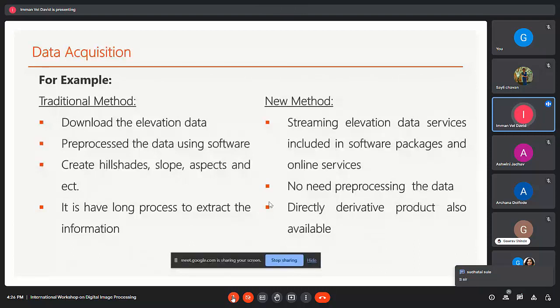In here, for data acquisition, we can compare the traditional method and the new method. In the traditional method, we can download elevation data, for example SRTM data, Cartosat data, from different websites. We can collect and pre-process the data using software to create the hillshade, slope, aspect, and derivative maps. It has a long process to extract the information, because if you are collecting